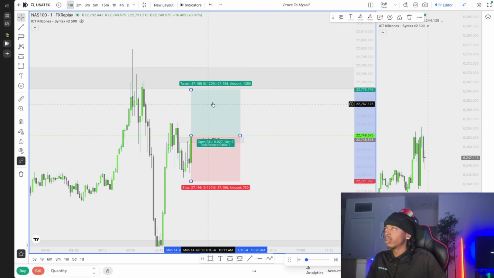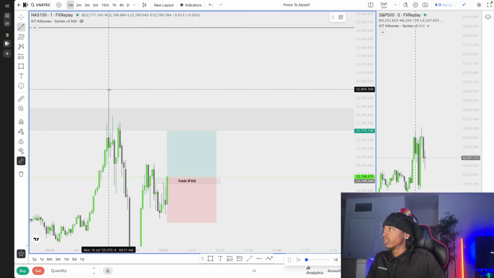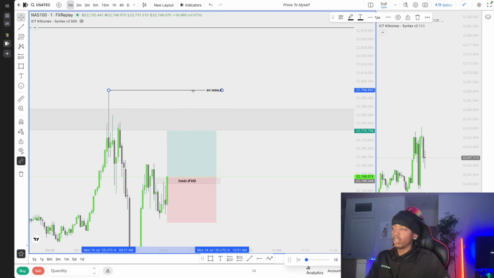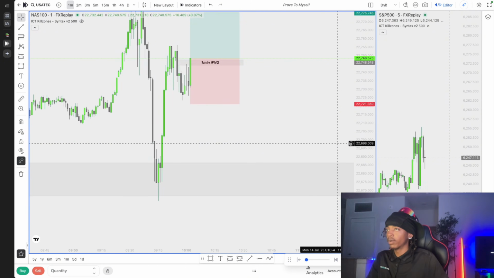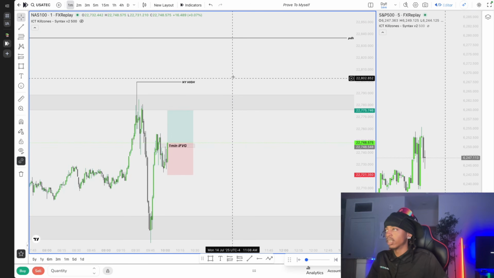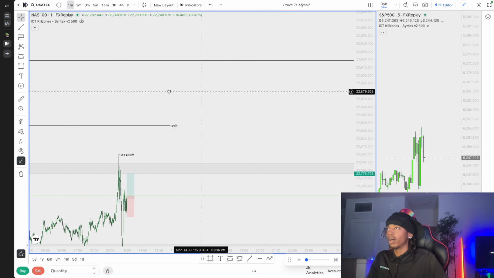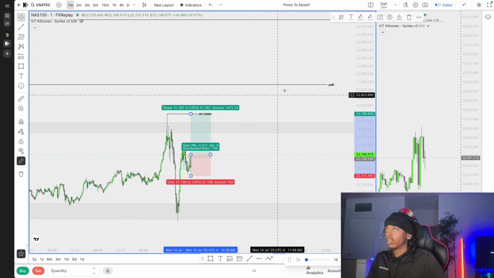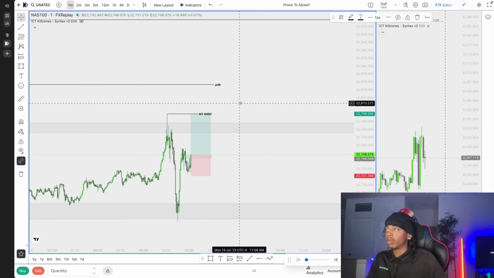So not the best A+ setup, but we do have a lot of draws on liquidity above us that we could target. I think that move to the upside and this close kind of confirms that we don't really want to go lower. So as of now, we have the hourly holding us up. Overall higher time frame is still bullish. We have all-time highs above us. It's kind of far all the way up there, but we can target this New York high. And if we displace pretty nicely, maybe even previous day high, but it is a